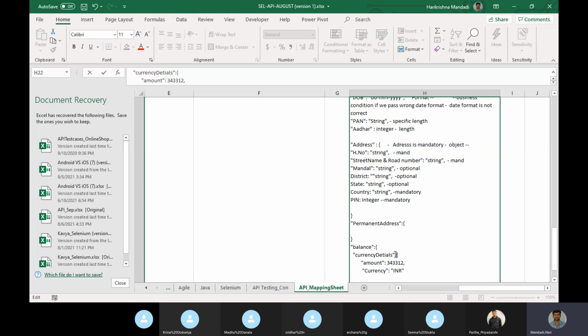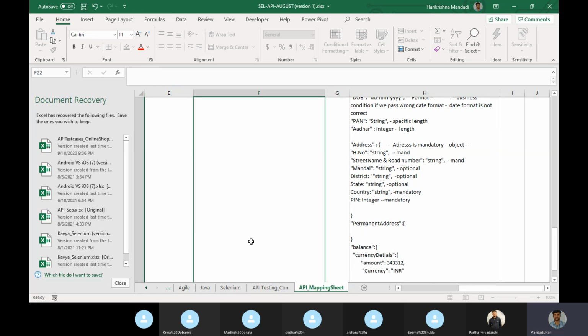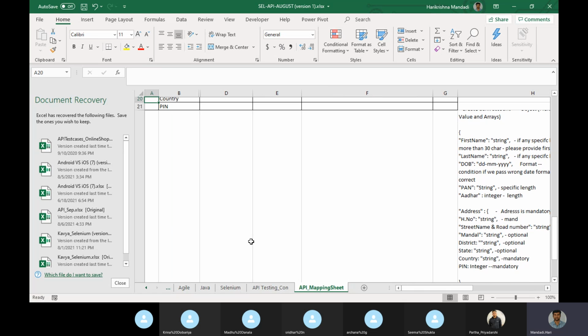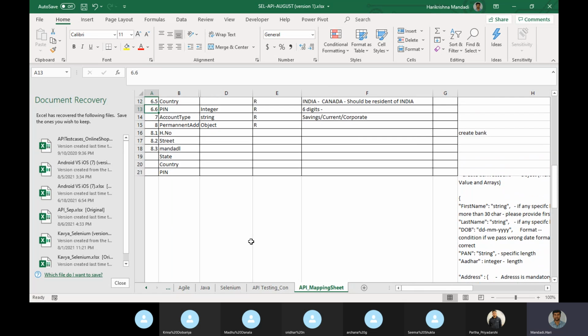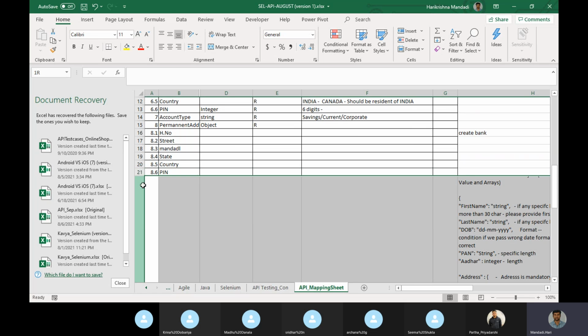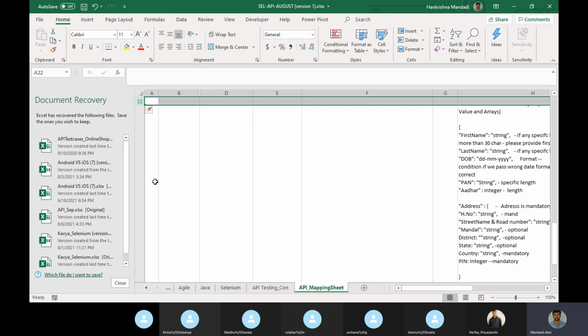It will have open braces and close braces. So if I go here, I'll remove this permanent. Fine. 8.4, 8.5, 8.6. Now let me create fields.